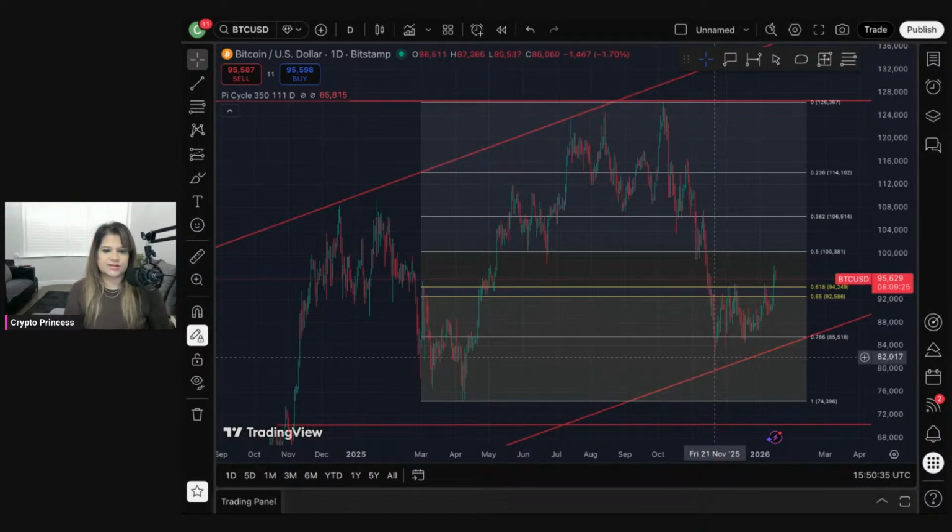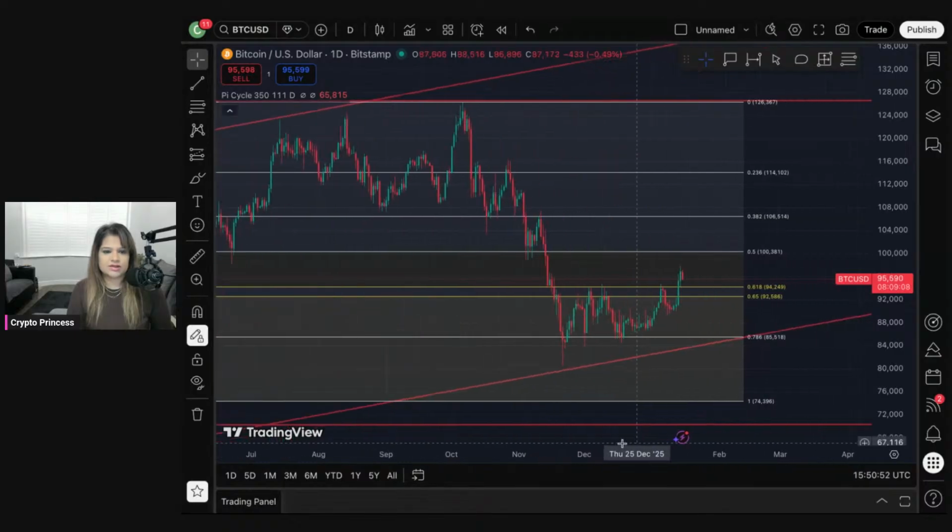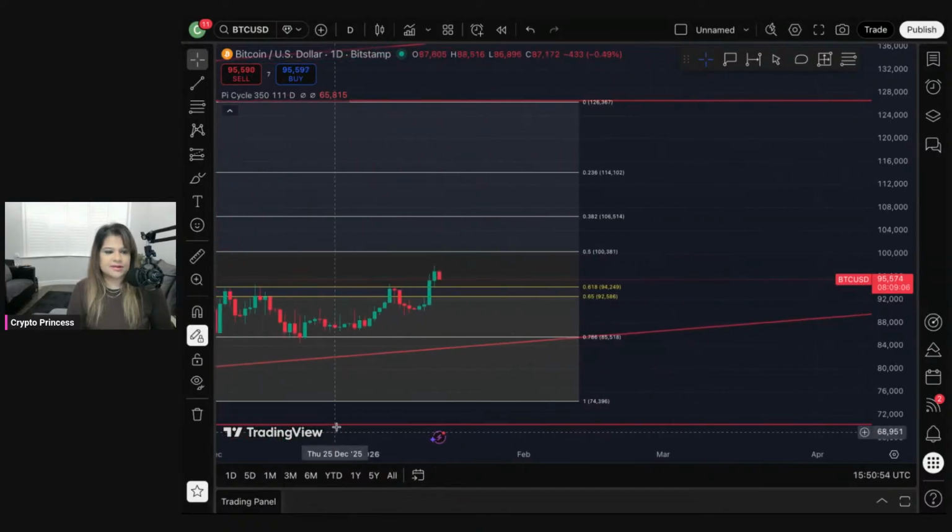85,000 US dollars. Oh, that was the high. The low is 80,000 US dollars, and we've ranged here for a bit, going up to the golden pocket. It did struggle here. We did meet resistance, but it has broken out for the last, I think, 2 or 3 days. Yep, so it broke out last 2 days. I think actually it didn't even go down. It closed above 95 thousand